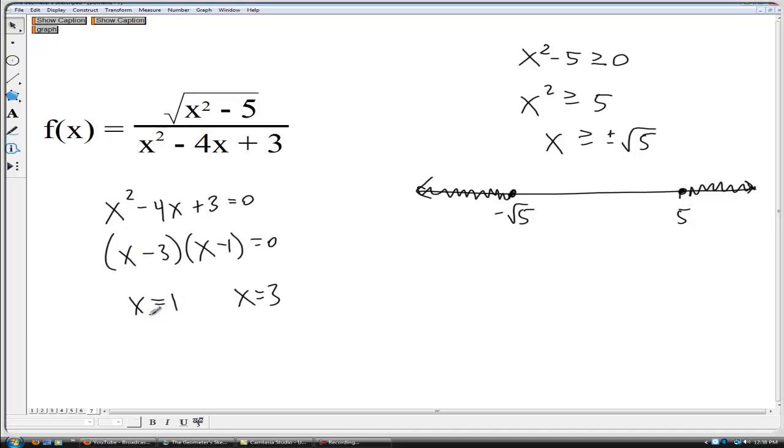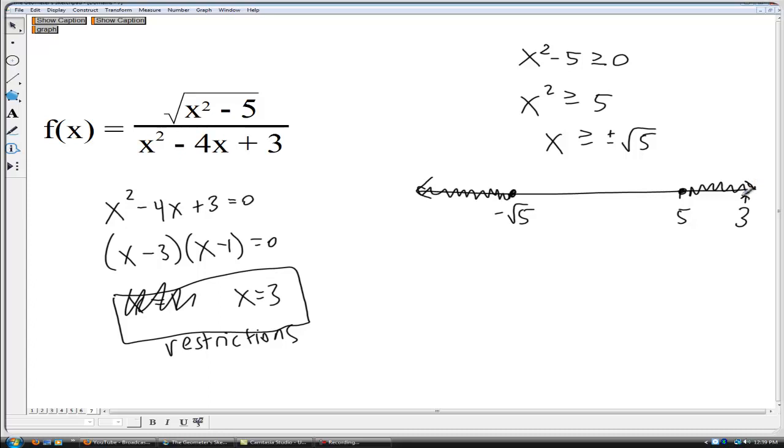They assume this is a domain value, but what these are, again, are restrictions. These are the values that give us a 0 denominator. So where is 1 on this graph? It's somewhere in between here. So this value we can disregard because it was eliminated from this work that we did with our square root expression. But positive 3